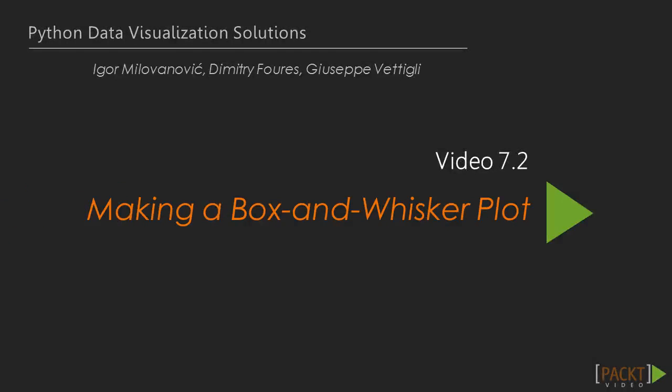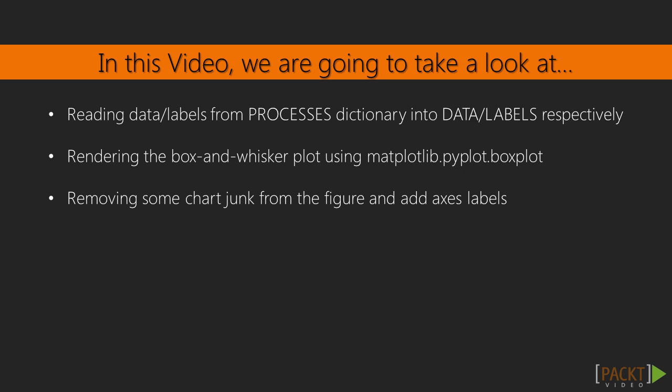Now we move on to the second video of this section, making a box and whisker plot. In the previous video we learned about drawing barbs. In this video we're going to learn how to create a box and whisker plot using matplotlib. We'll first read data and labels from the processes directory into respective classes and then render the box whisker plot